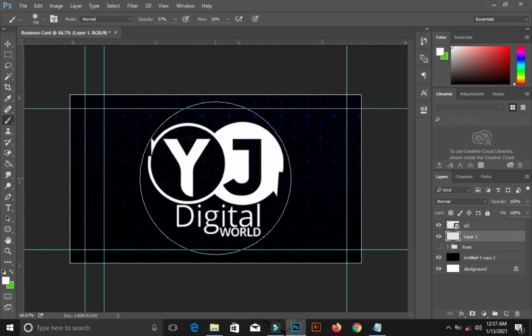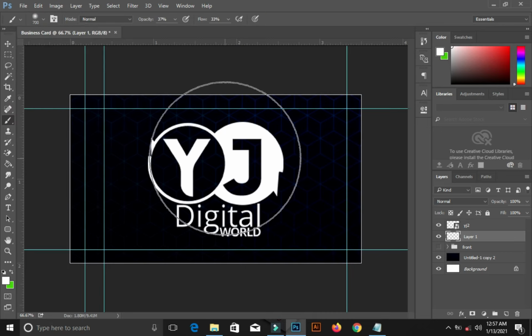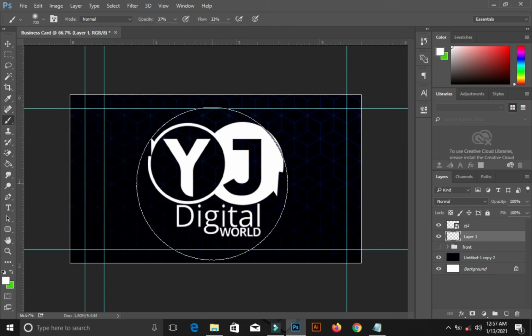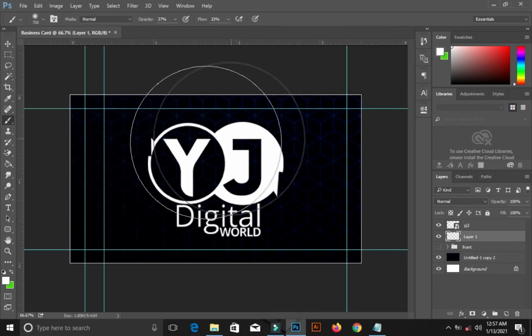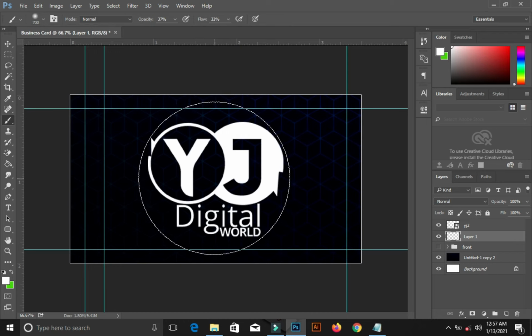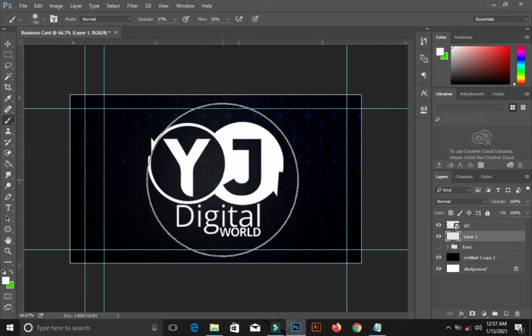So I can come here now, just left click. But please, to make sure of the texture of your brush, come to your brush, make sure that you are working on the soft brush. After selecting your soft brush, make sure your hardness is on 0. Please take note. You cannot increase your size manually even from here. Now come to this portion, just left click once. I think this is okay. After that, we are done for that aspect.